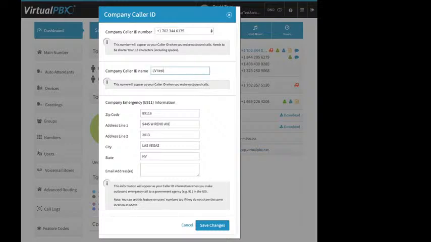Now you got the company caller ID name or CNAME. This can be 15 characters, including spaces and special characters. After you click on Save Changes, that gets transmitted out to the other carriers who support CNAME. It takes about 3 business days for all of them to get updated. And that is essentially the extent that we can control CNAME, right? We say, hey, here's what it is. Please update your servers. And then when you pick up a VoIP phone and make a call, right, that will